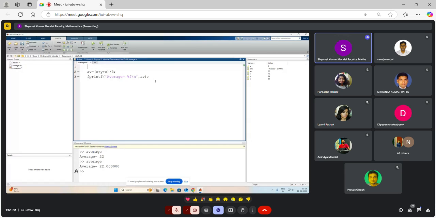You write the variable first, then equal, then the input function. Here the variable is x, so x equal to input. Then you give the message, 'Enter a value'. This is 1. Y equal to